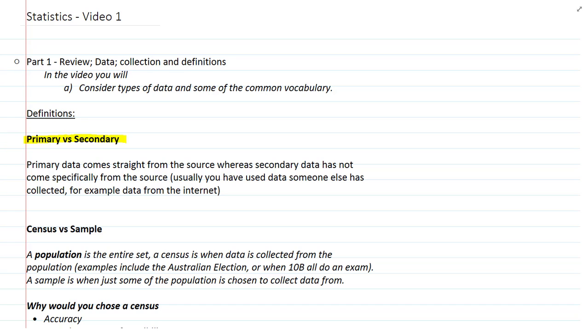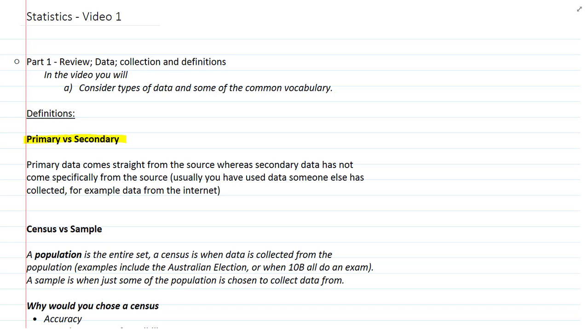So primary data is data that comes straight from the source, and typically that means that you will be involved in some way in collecting it. So it might be as simple as asking some of your peers what their favourite TV show is, or maybe counting cars as they pass through an intersection, etc. Secondary data is data that hasn't been collected specifically by you, that you have taken from another collection source. So a really good example of secondary data is any time that you use data from the internet, it's secondary